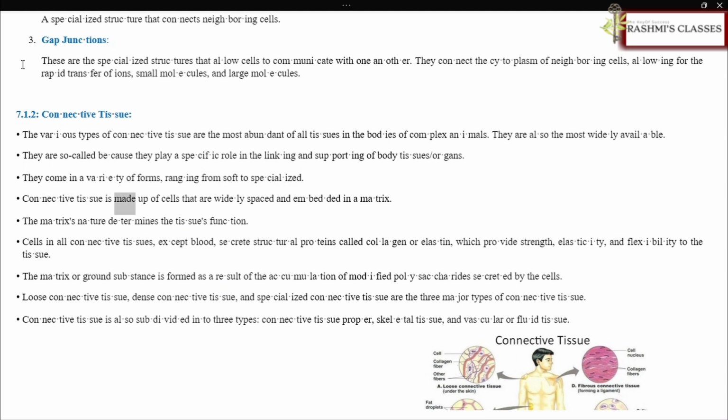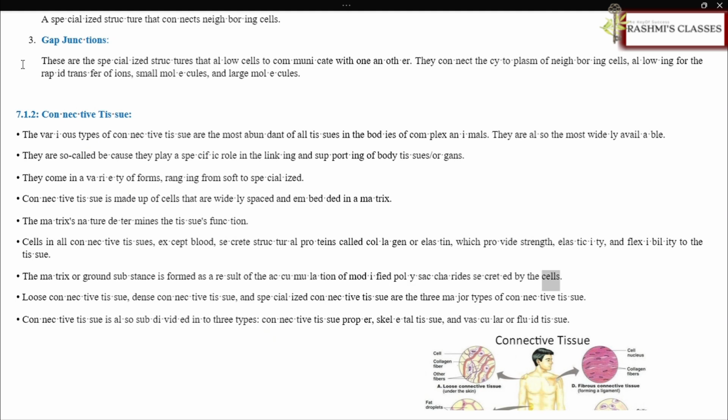Connective tissue is made up of cells that are widely spaced and embedded in a matrix. The matrix's nature determines the tissue's function. Cells in all connective tissues, except blood, secrete structural proteins called collagen or elastin, which provide strength, elasticity, and flexibility to the tissue. The matrix or ground substance is formed as a result of the accumulation of modified polysaccharides secreted